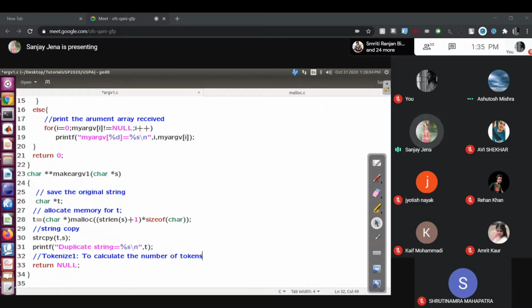Let me receive the first token. I am counting the number of tokens. If strtok of s with delimiter space is not equal to null, then I will run the loop with num tokens equal to 1. Is it correct logic?